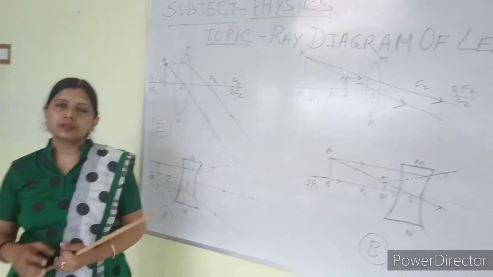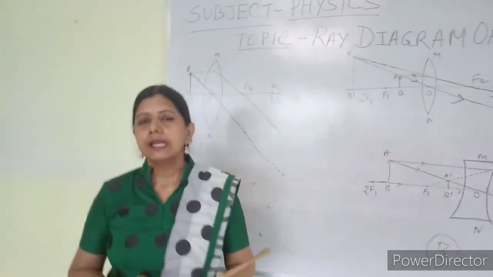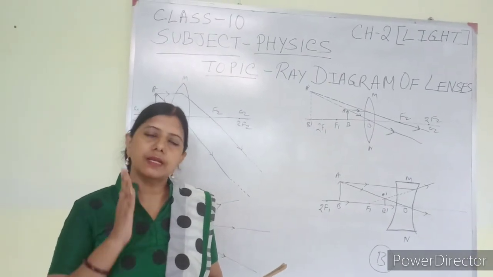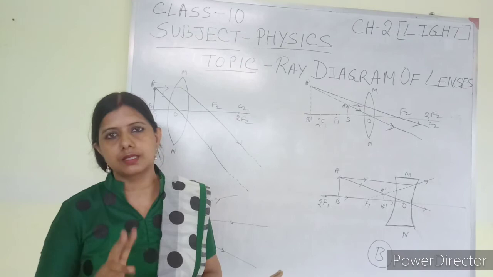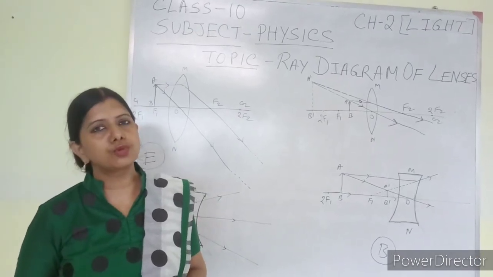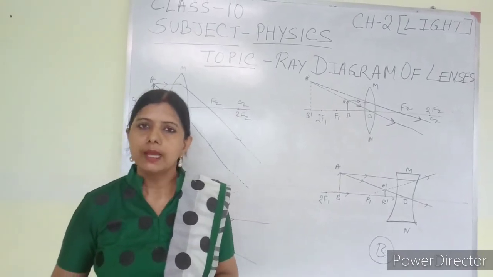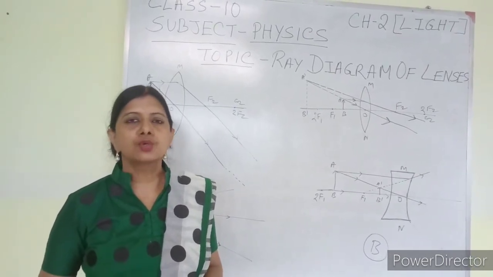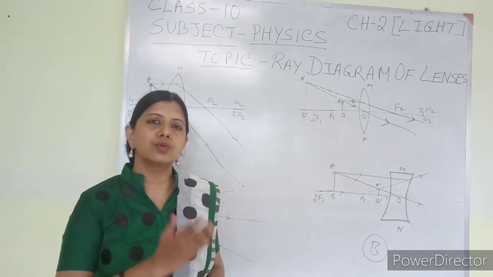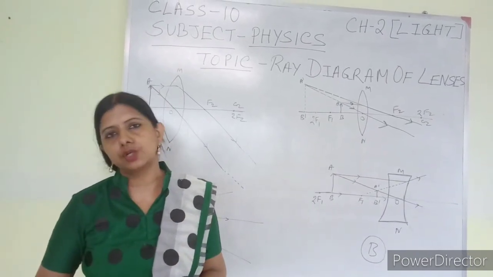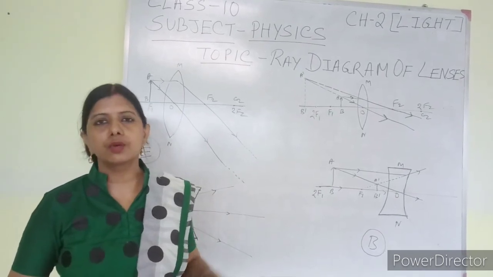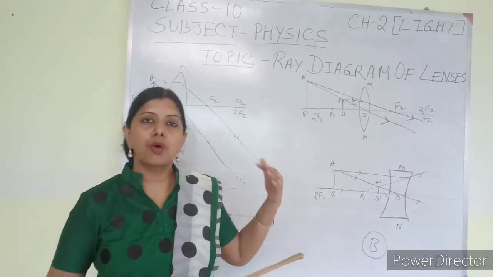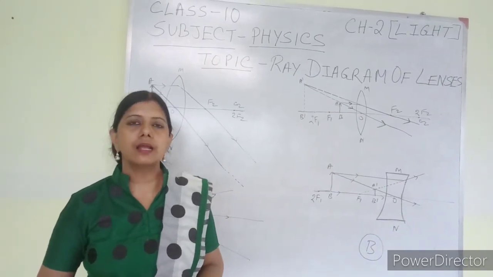So this is all about the ray diagram. I have explained all. In the case of the convex lens, there are 6 cases. In the case of the concave lens, there are only 2 cases. All these diagrams you have to draw on your own in your copy, and you have to practice the ray diagrams very clearly and properly to understand where the image is going to form and what the nature of the image will be. So I hope you will go through the video to understand the ray diagrams of different kinds of lenses, and you will practice them.